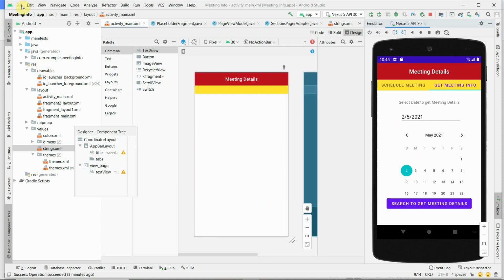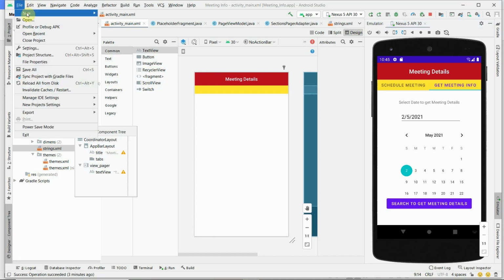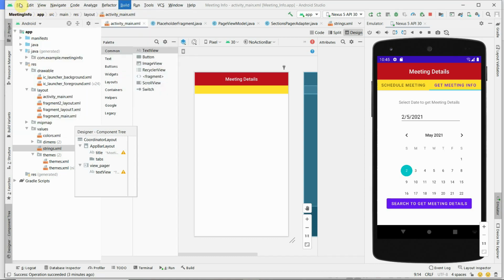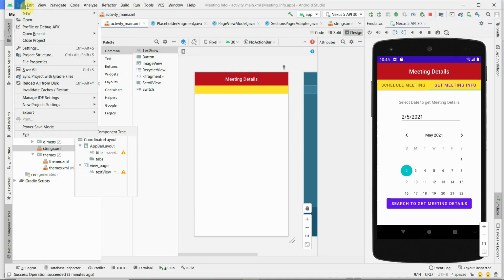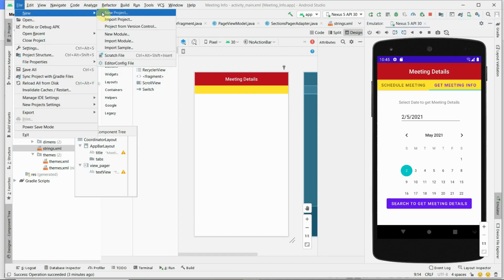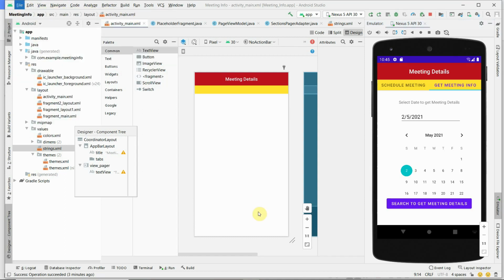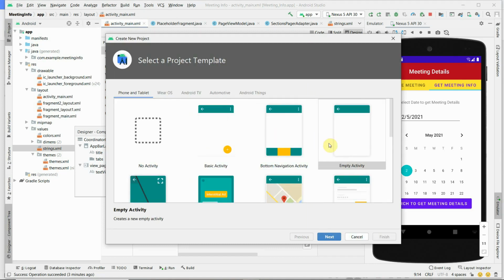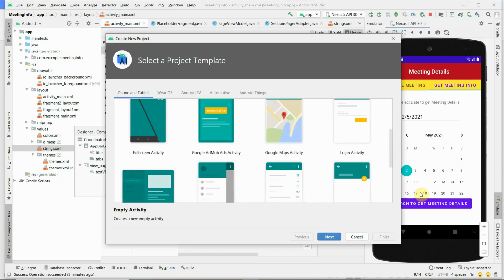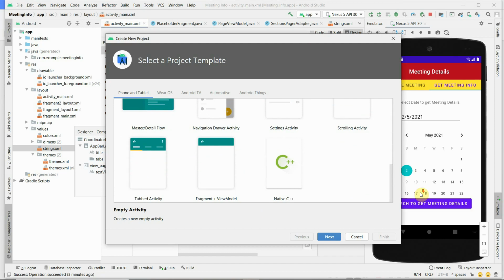First you have to create a file, then new, in new project you have to select tabbed activity.